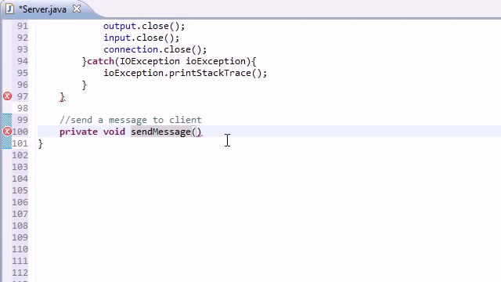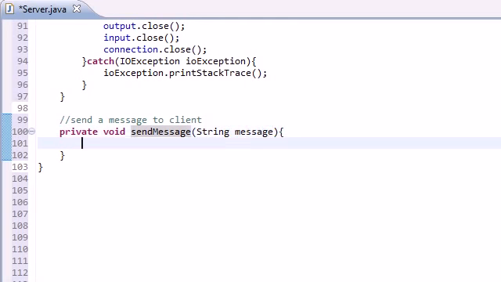Again, we're coding the method send message right now, and what this does is send a message to someone else. The send message method takes one parameter, string message, which is what you typed into the chat area, what you want to send. Like everything else, it's a good idea to put this in a try catch statement. It's good programming practice. So try and catch